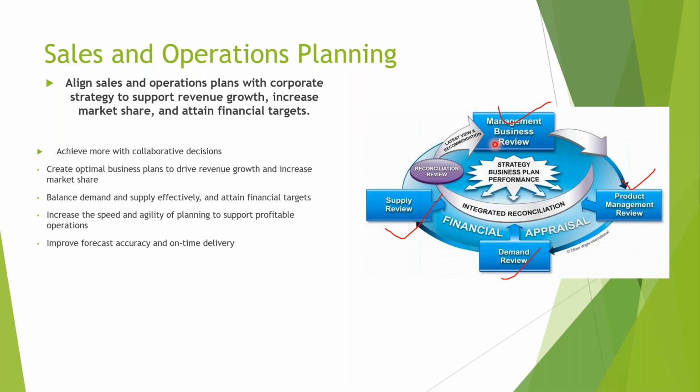For example, we have a supply chain network. Where do we keep the stock so that it is cost effective also? All that will happen in the sales and operation planning meetings, and they will have one objective: to increase their profit margins, and to reach the financial targets they want to achieve in an efficient way.